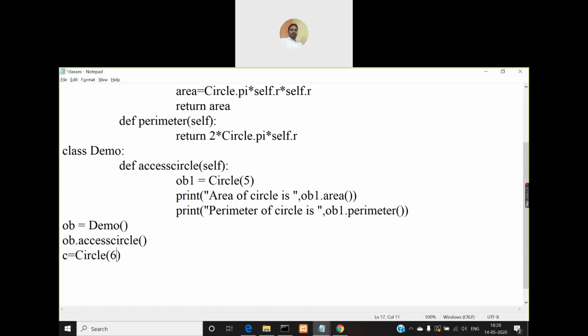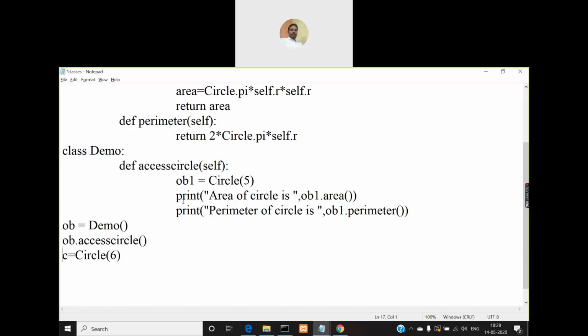Here also you can create, right? It depends on your interest and the purpose for which you are writing the program. Depending on that, you can create objects either outside of the class or inside some other class.